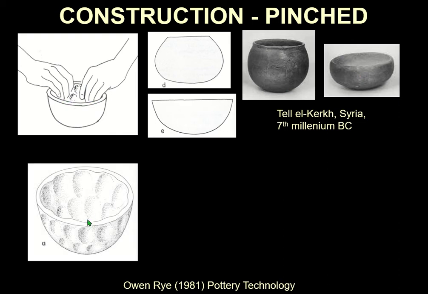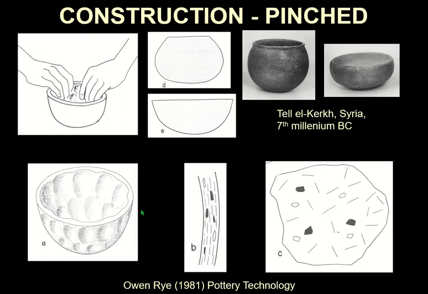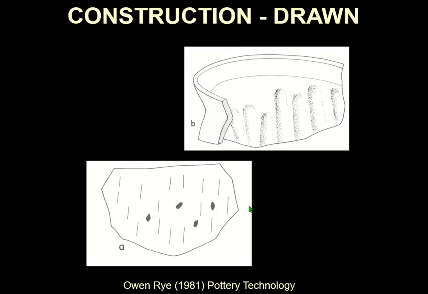You might find impressions on them, and you will, by looking at the inclusions. Sometimes there are no visible inclusions and sometimes there are, but if this has been pinched, then the inclusions will be completely random, looking at the outside of the vessel like this. If you look at a broken section or a cut section, they'll be perfectly aligned with the outside of the vessel. So you will know that this is probably from a pinch pot. You might also then have the vessel drawn just by grabbing the edge of the pinch pot and pulling it up.